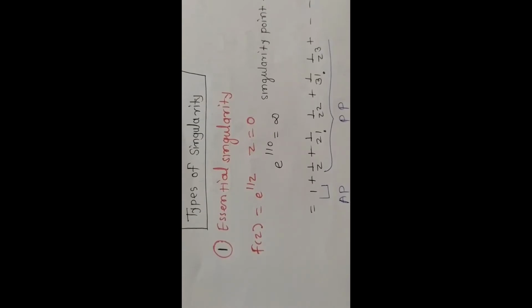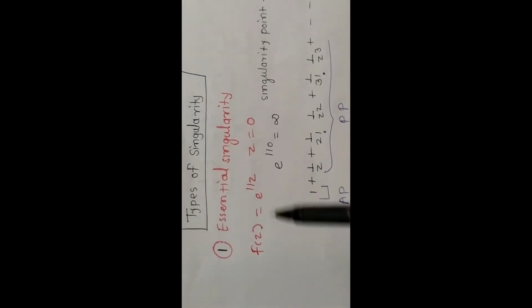Types of singularity. The first one is the essential singularity, when f of z is equal to e raised to 1 by z. When z is equal to 0, e raised to 1 upon z is infinite, so the singular point is at z equal to 0. f of z, e raised to 1 by z, is 1 plus 1 by z plus 1 upon 2 factorial into 1 upon z square plus 1 upon 3 factorial into 1 upon z cube. So here the terms with z in the numerator are the analytic part, and this is the